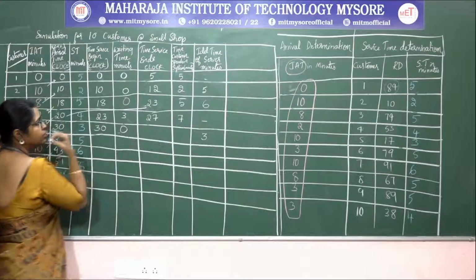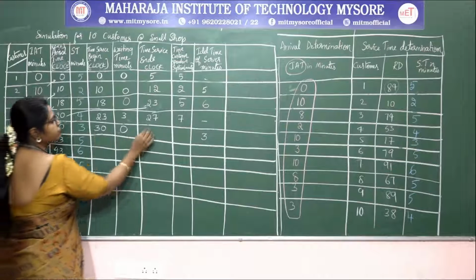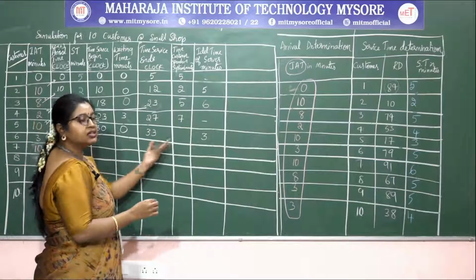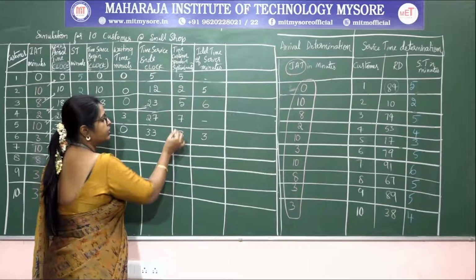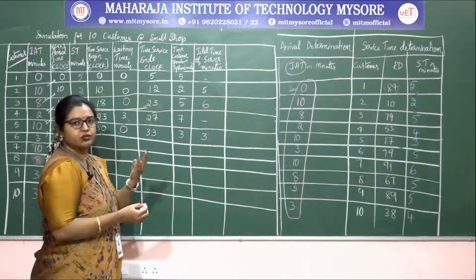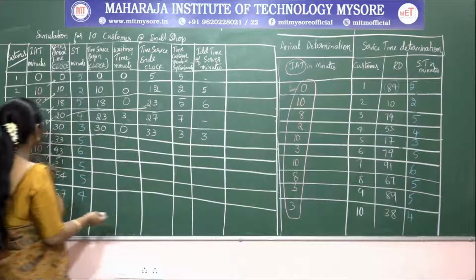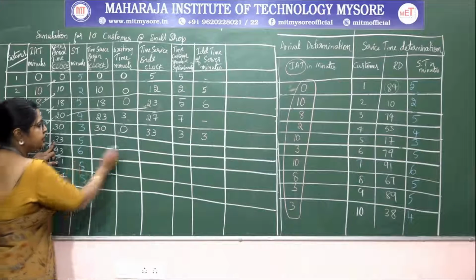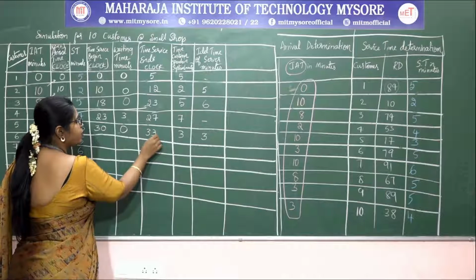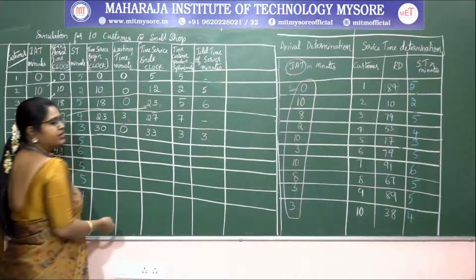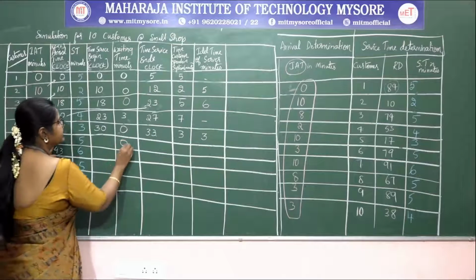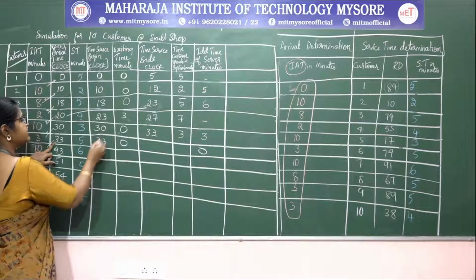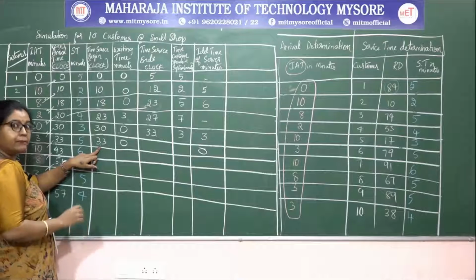And then what is the end time? He will take 3 minutes of service. Then how long did the customer spend in the system? Only 3 minutes, since he has taken only 3 minutes of service. Next, the 6th customer is arriving at the 33rd minute, but the previous customer is going to complete his work by the 33rd minute itself. Therefore no waiting time, no idle time. Directly the service starts at the 33rd minute.